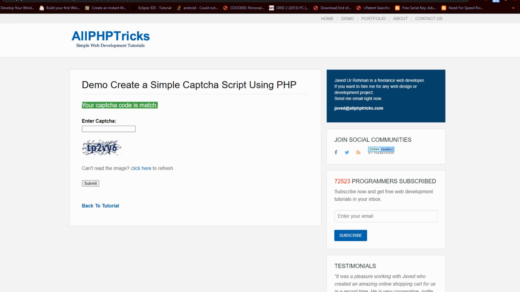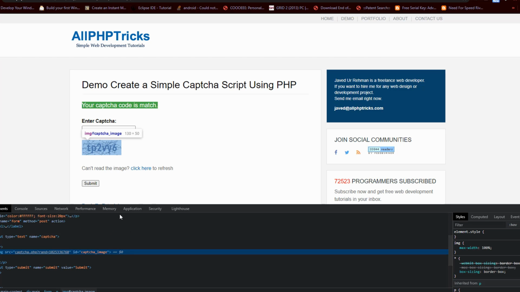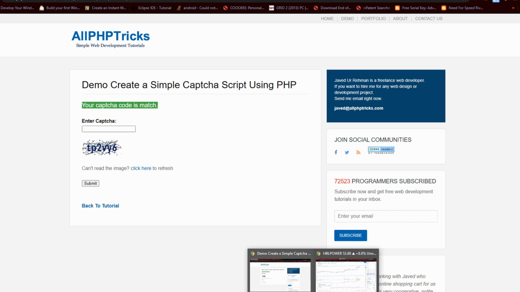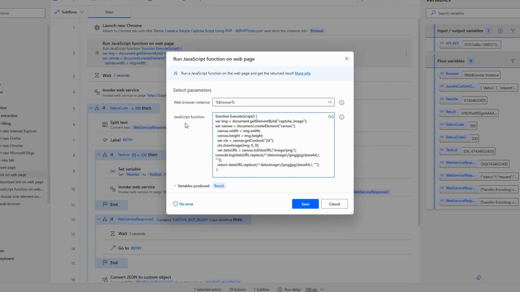To know how to get that image ID, we will just inspect that element in the Chrome browser. We can see that the ID is captcha_image. So we will copy this and paste it into the JavaScript function, so we can access that image by that ID. So now the img variable will contain that captcha image.